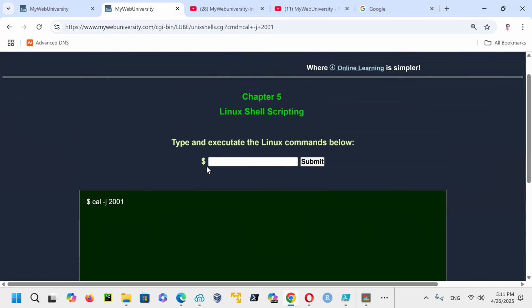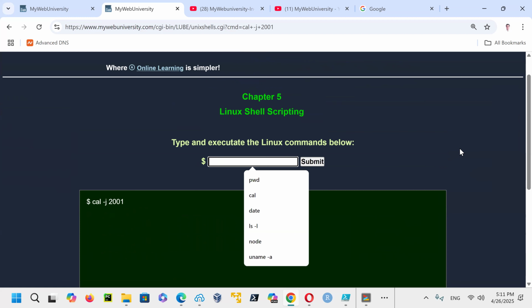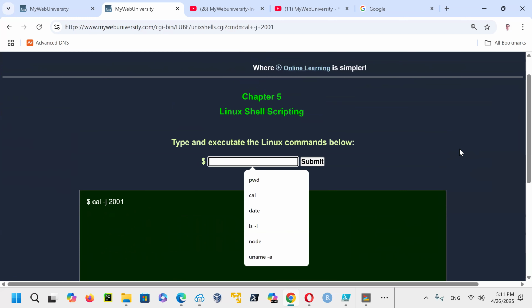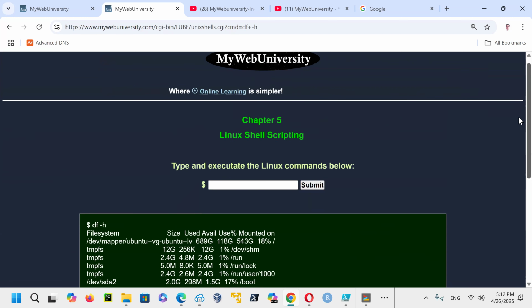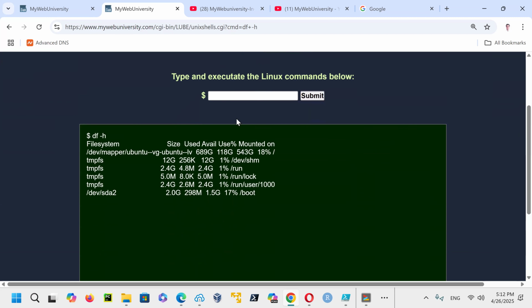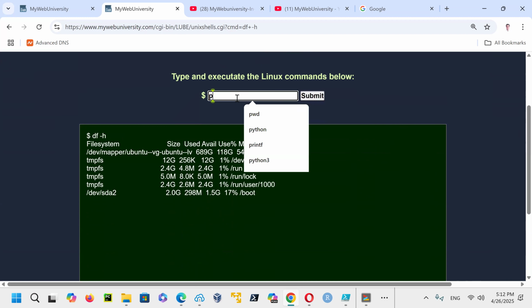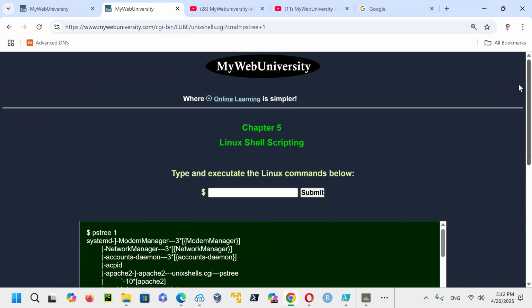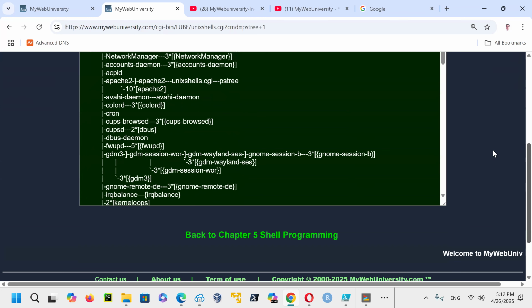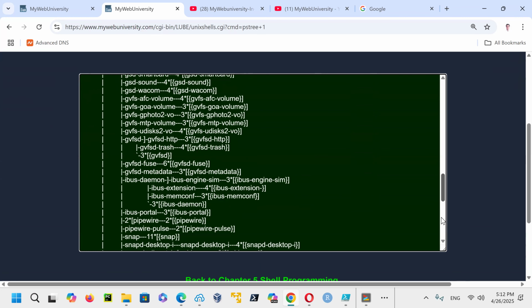I didn't want every command to be just doing it. Certain commands I allow, certain commands I don't program there. And if you do df -h, that is a command that I did on my chapters. I want to show you the output. Like PS3, this is programmed in my chapter 4, and I give you output here, output there.